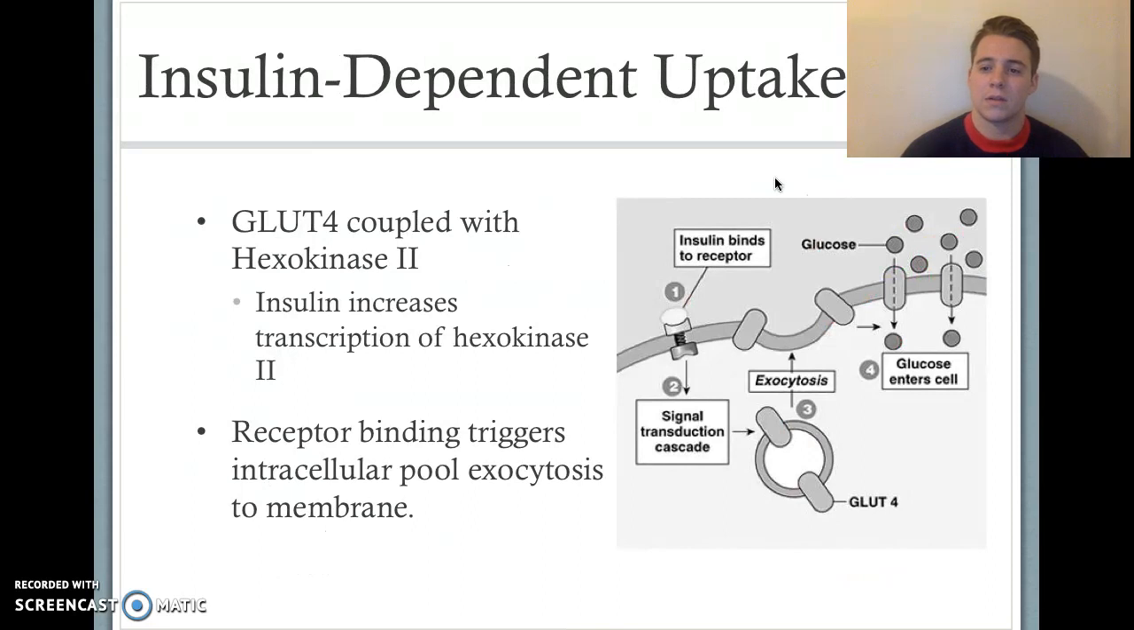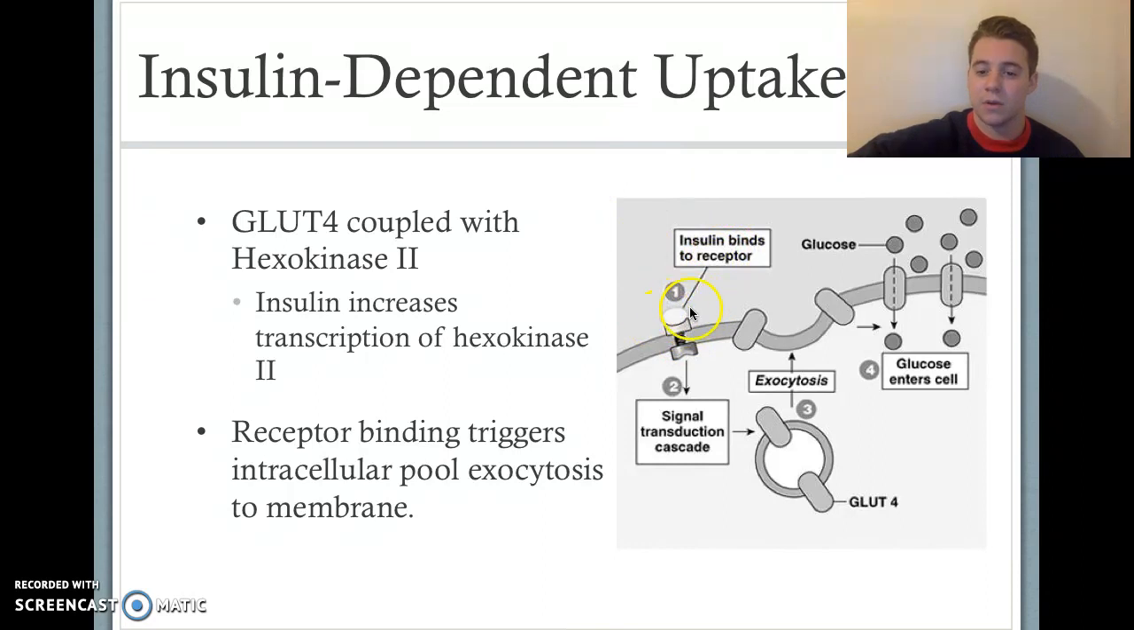Moving on, a closer, in-depth look at the insulin-dependent uptake of the skeletal muscle and the adipose tissue. Glucose transporter 4 is coupled with hexokinase 2. Hexokinase 2, if you're not familiar, is responsible for the rate-limiting step of glucose metabolism. It phosphorylates glucose to glucose 6-phosphate. And what's cool about the insulin-dependent uptake, what makes it insulin-dependent, if you can see my cursor here, is that the